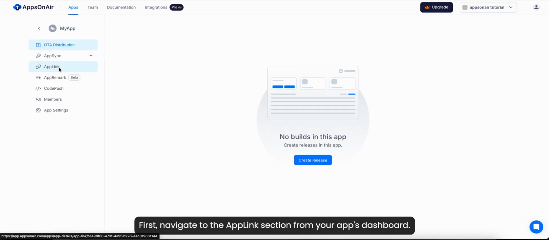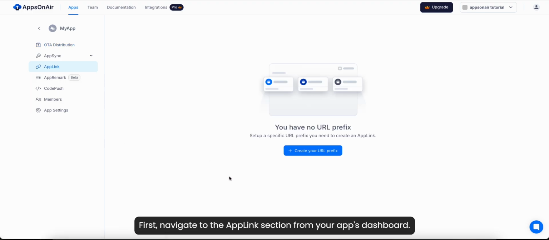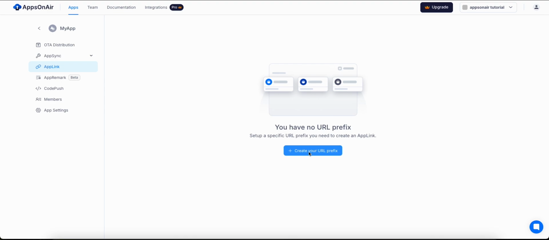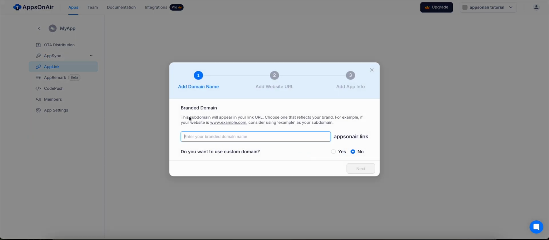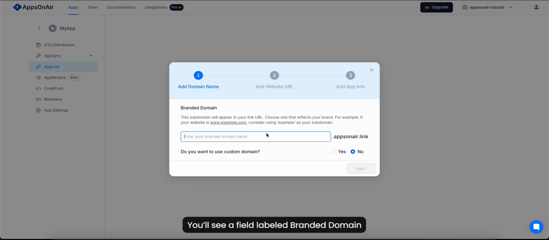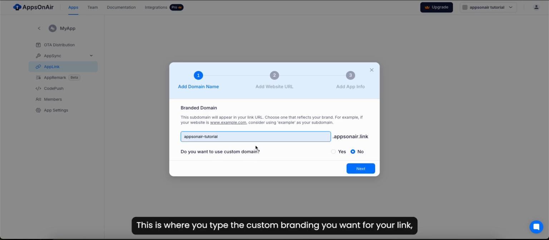First, navigate to the AppLink section from your app's dashboard. Now click on the Create Your URL Prefix button. This will open a configuration pop-up where we'll begin setting things up. You'll see a field labeled Branded Domain. This is where you type the custom branding you want for your link, like your